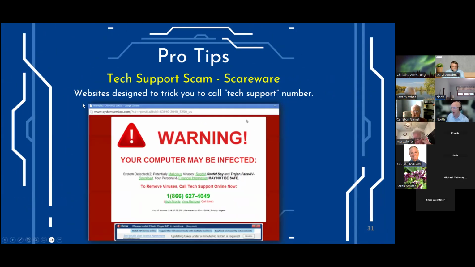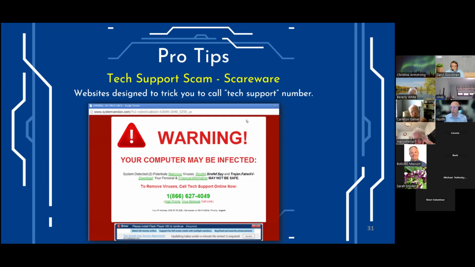This is really important. And I do want to talk about tech support scams here. Scareware. This is unfortunately a very, very effective scam. If you are navigating throughout the day, and I had somebody yesterday, literally on Facebook, this popped up and we got it resolved in a few minutes. Don't ever, ever call the 800 number on the screen when you see this. This is what's lovingly called a tech support scam. Your computer may be infected. You've got a virus. Call this number to remediate it. Stop what you're doing. Call the SCTC hotline. Call your support person. Call your IT professional.